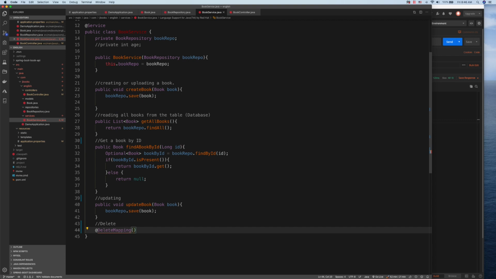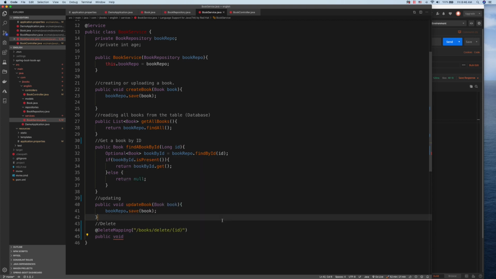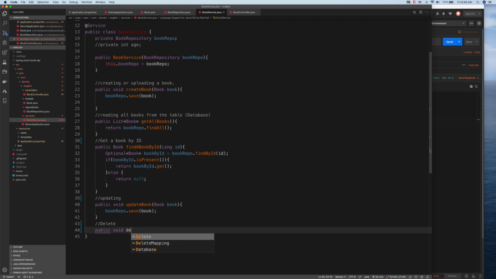mapping, and this will be like go to books slash delete, and then take the ID, delete this one, and we would say public void. It can do return with it, but actually I'm typing this in a wrong place. This code is for the controller. For here you just need to have public void delete book,